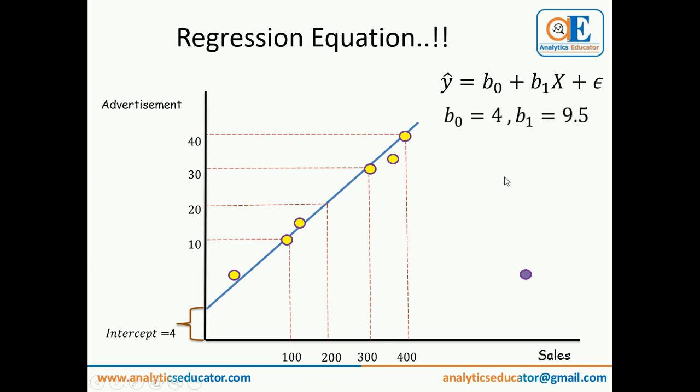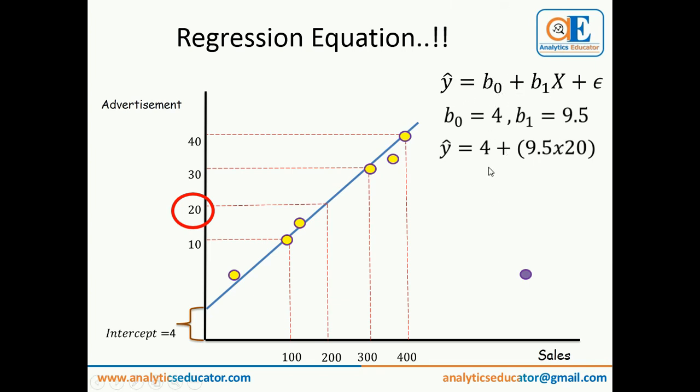And now we will get back to our original business question. How much will the sales be when your advertisement is 20? So if advertisement is 1, sales will be 9.5. So how much will it be when it's 20? So I will simply put these values in this equation. The value of x is 20, the independent variable, and b1 is 9.5 because this is the coefficient we have gotten, and b0 means even if you do not advertise anything, still there will be some amount of sales, isn't it? So that is called base sales. Okay, that is called b0.